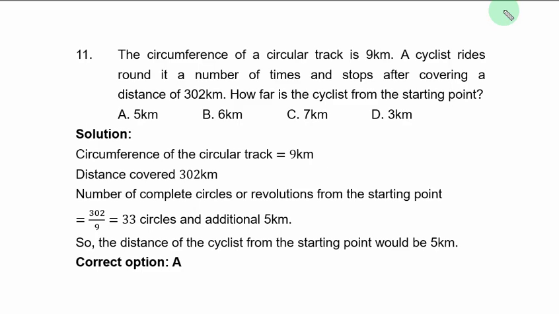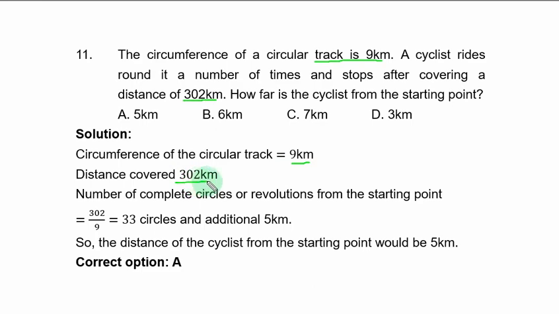Question 11. The circumference of a circular track is 9 kilometers. A cyclist rides round it a number of times and stops after covering a distance of 302 kilometers. How far is the cyclist from the starting point? Solution. Circumference of the circular track is 9 kilometers. Distance covered, you have